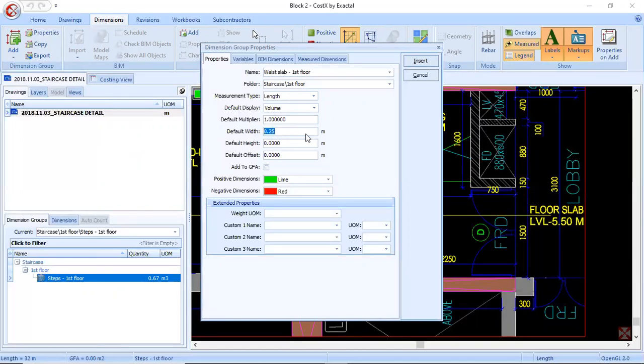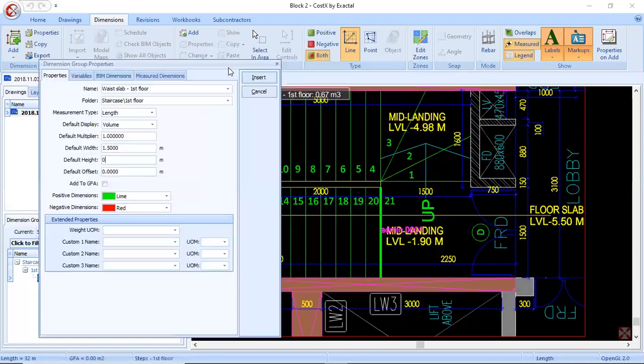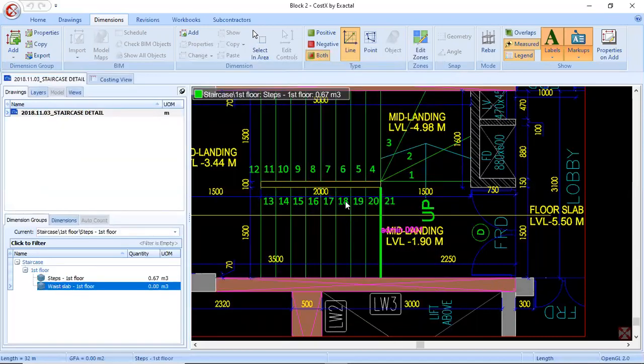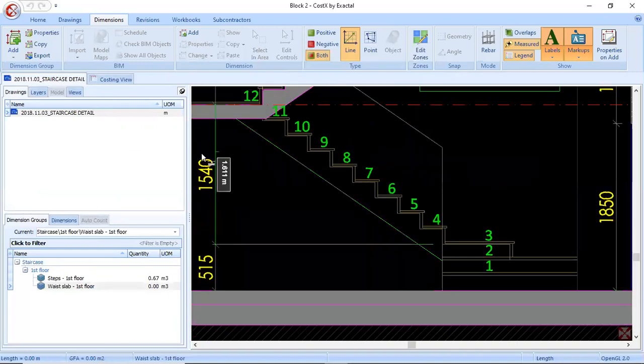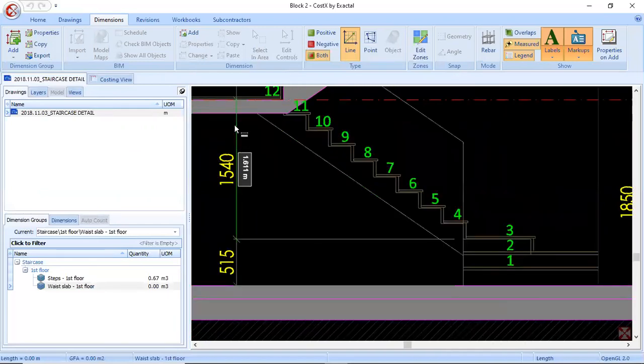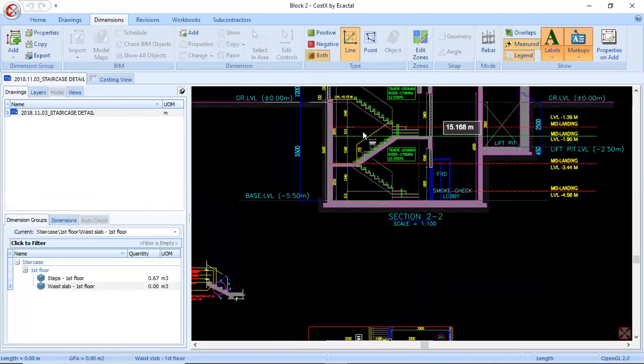Default width as 1.5. Height, I'll insert it. Height of waist slab is 1.54, which is given here.